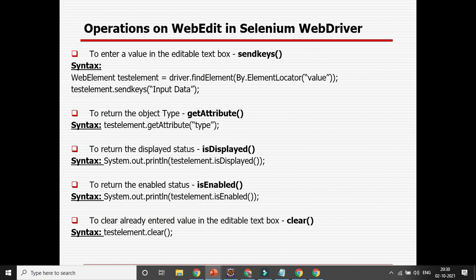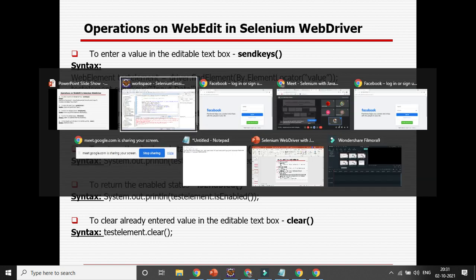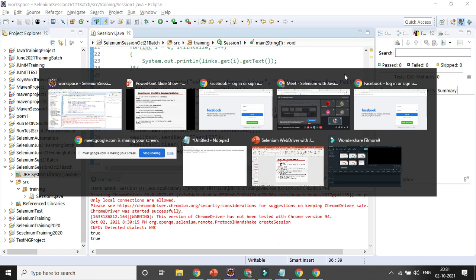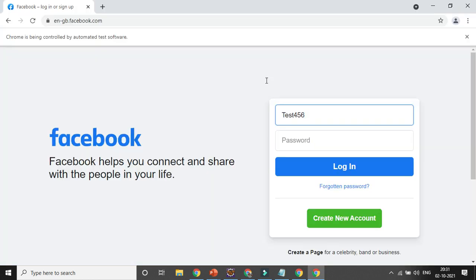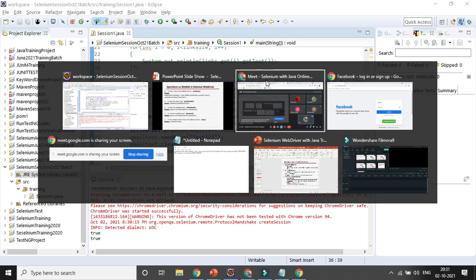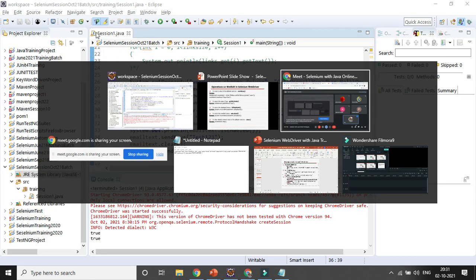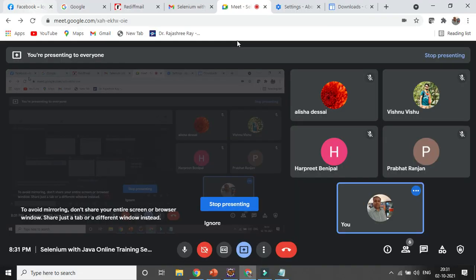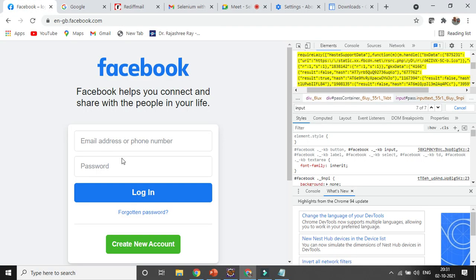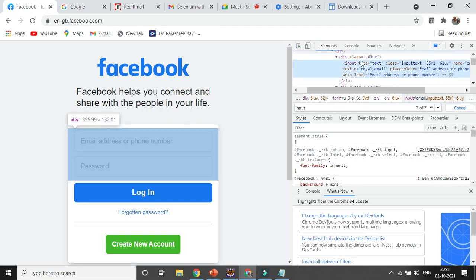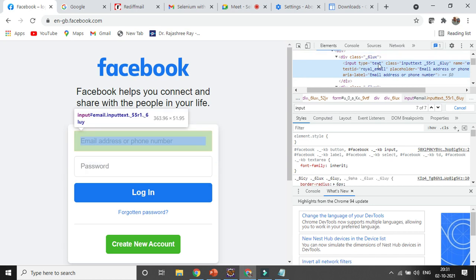Another last one, we can check any attribute for that particular field. A lot of attributes can be there. If I want to print some of the attributes, I can definitely print them. Let's see the field and what the attributes are. Input type is the attribute and text is the value. Class is the attribute and this is the value. Name is the attribute, email is the value.